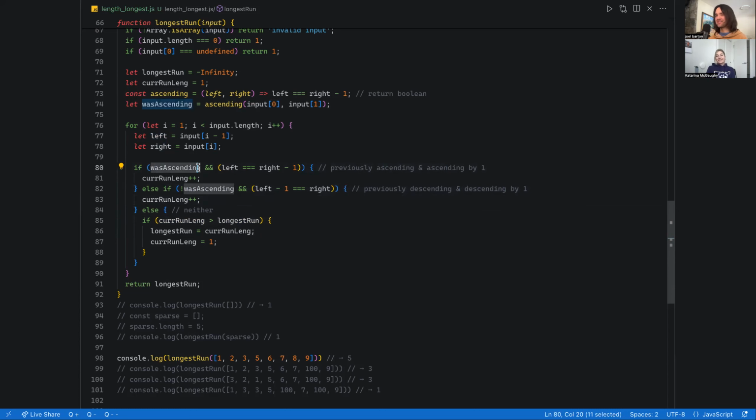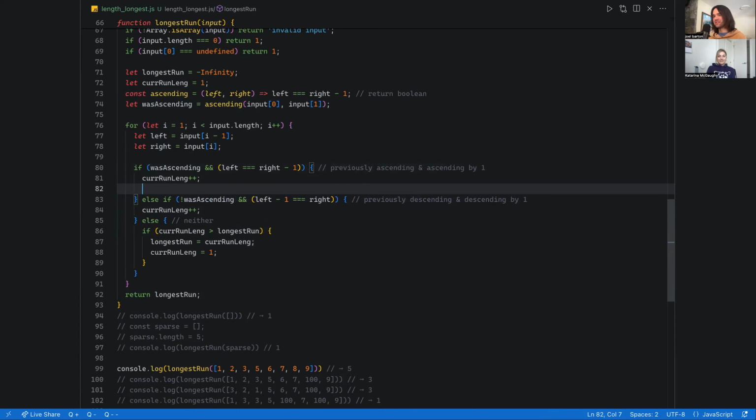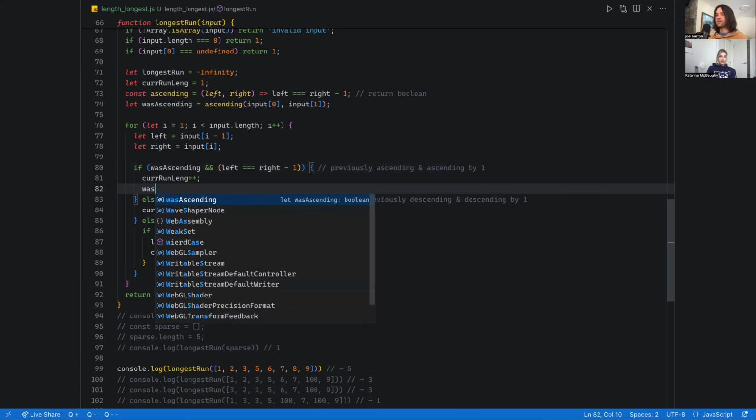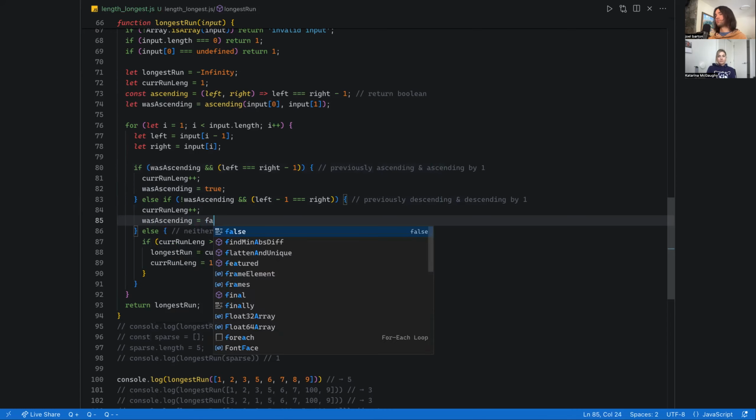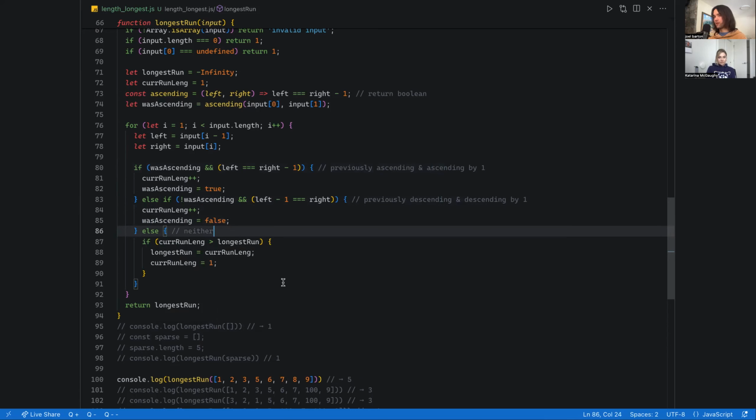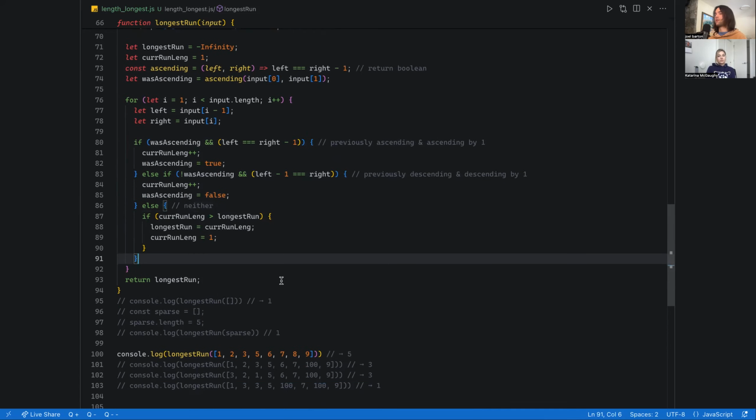Okay, so if it was ascending and this, then here we would just have the last value. So wasAscending is still equal to true, and then here wasAscending would be false. Okay. I wonder, still 3. Damn. So there's something wrong. So if current length is greater than longest length,